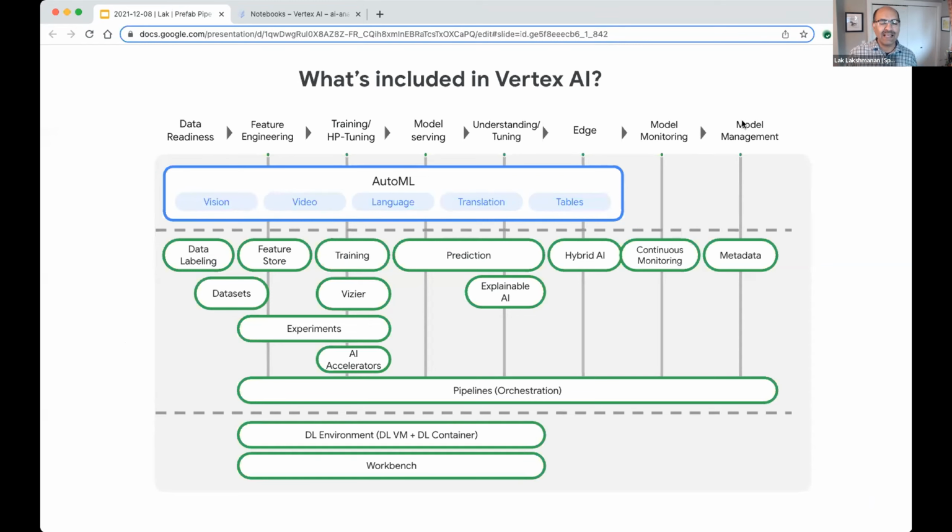And again, as I said, you could do it with no code with AutoML for things like vision, video, language, translation. So when we talk about AutoML, what we're basically saying is using the state-of-the-art models with a point-and-click interface. But at the same time, you can also build things yourself. You can build things that can be trained, hyperparameter tuned, run experiments, use GPUs, do predictions, explainability,